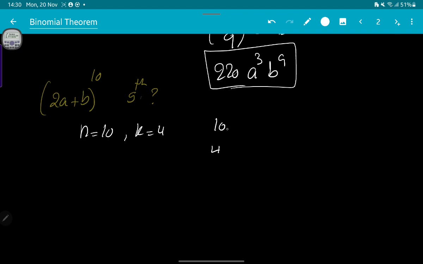So put 10 and 4. Put the first one, which is 2a, power the difference, which is 6. Put the second term, which is b, power 4. So we put 10 and 4, then 10 minus 4, 6, then put the 4 here. 10C4